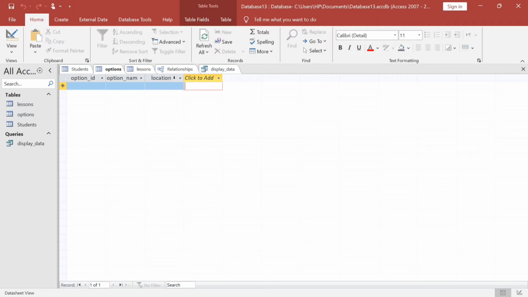Start with lesson. For example, the first lesson is R005. Its name is intro to law. Location, suppose is at Rwamagana. Then go to next,